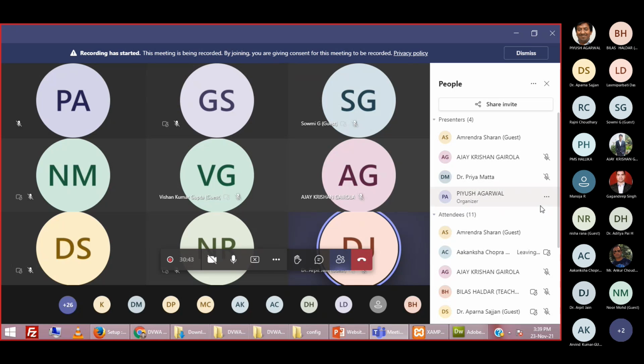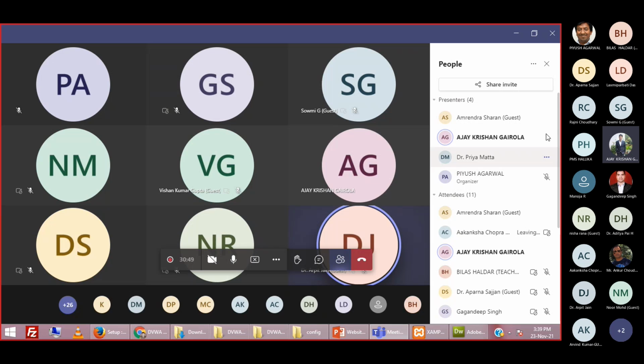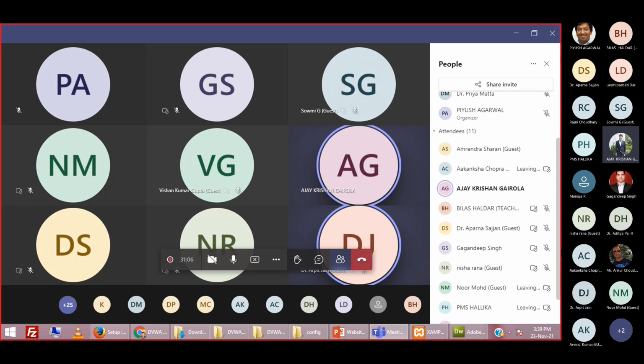So Piyush sir, no more participants have joined, right? I think. Sir, it's 41. Hello, 41. Yes, but I am only able to see attendees equal to 11. Actually, now attendees are 40, 41.